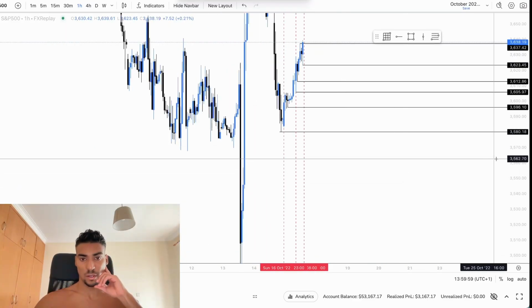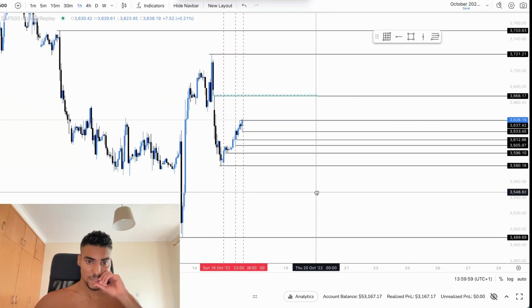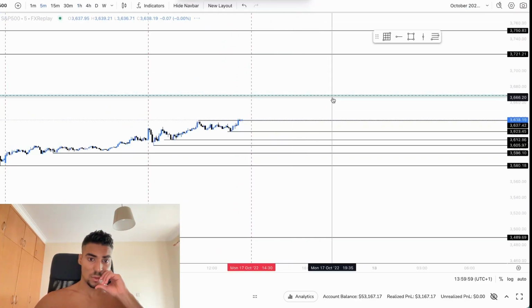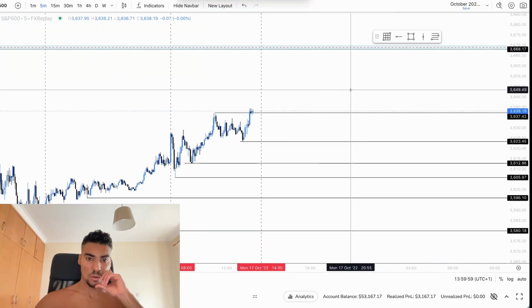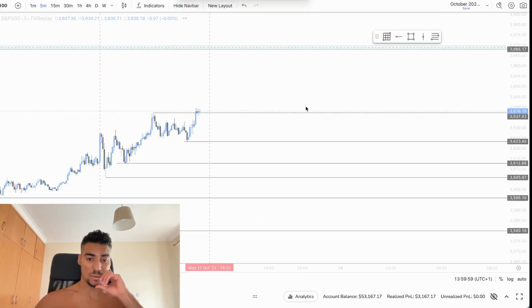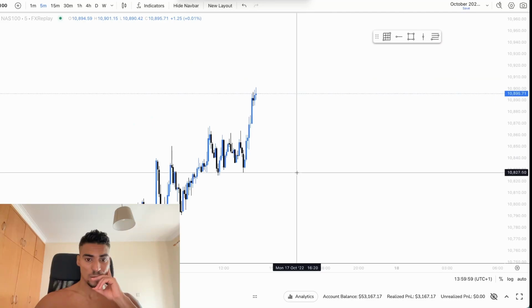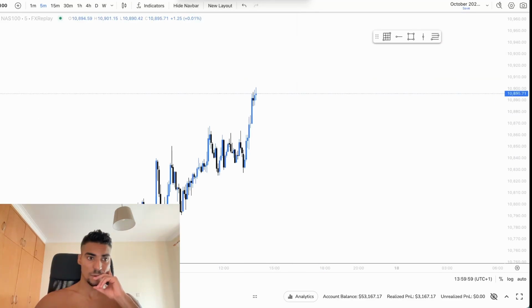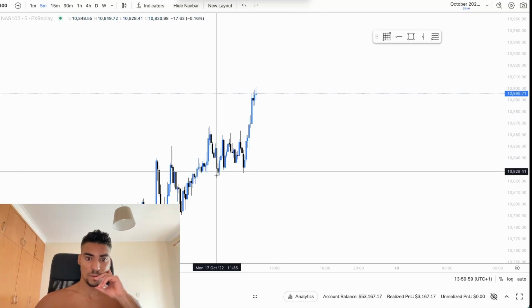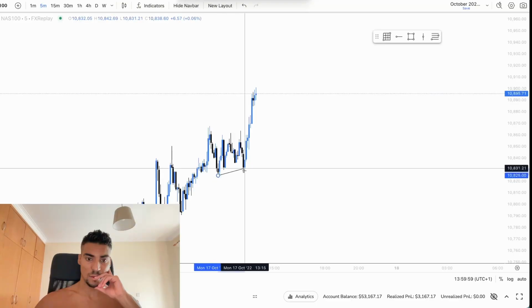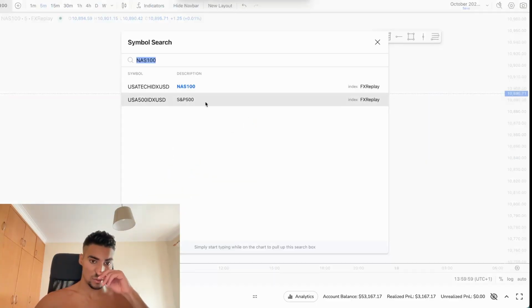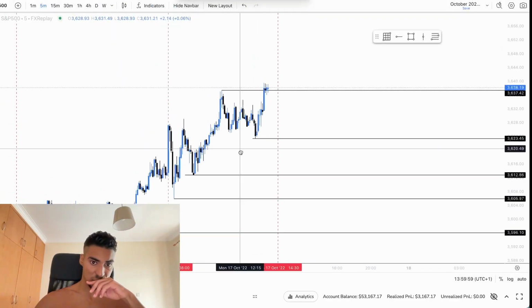We are filling in this huge 1 hour parallel gap. We are currently in an uptrend. What I would like to see at market open, I don't even know what I want to see. Create a bullish SMT out of these lows. Out of these lows, we create a bullish SMT right here. Nasdaq does not sweep out these lows, while ES sweeps out those lows right here.